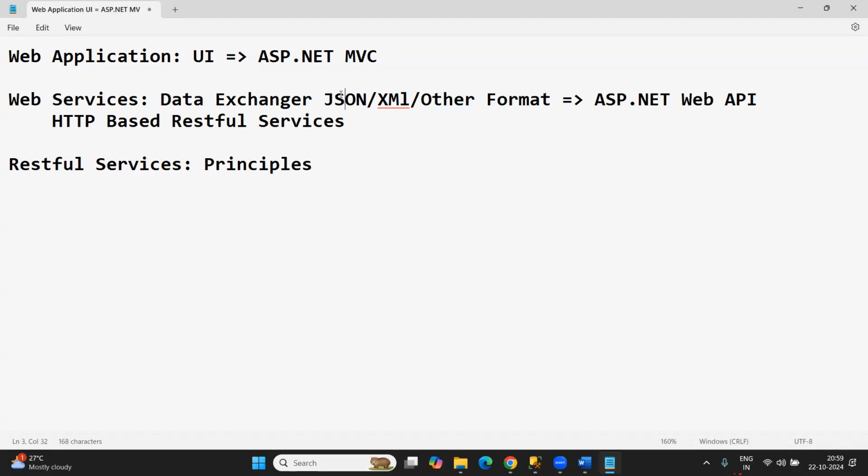But nowadays, 99% of the time in applications we are using JSON, though it is not limited to JSON. I'm going to show you how to interchange data using XML, and using other formats, custom formats. Most of the time, 95% of the time, I'm going to show you JSON because this is the standard nowadays used in the industry. And the reason for this is that any kind of client application, whether it is a desktop application or a console application,